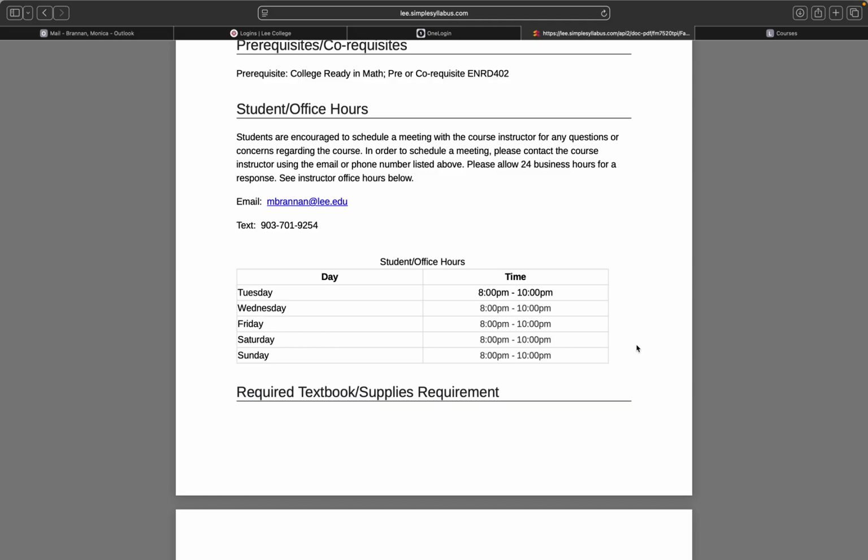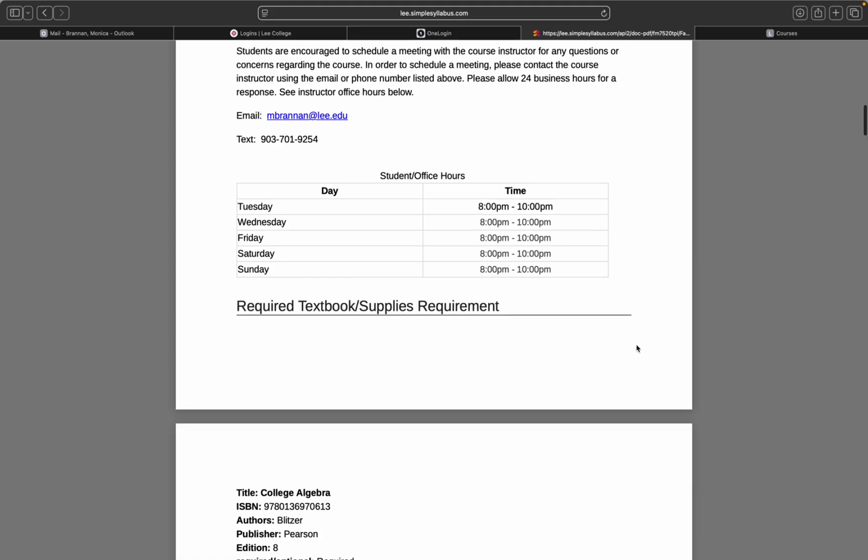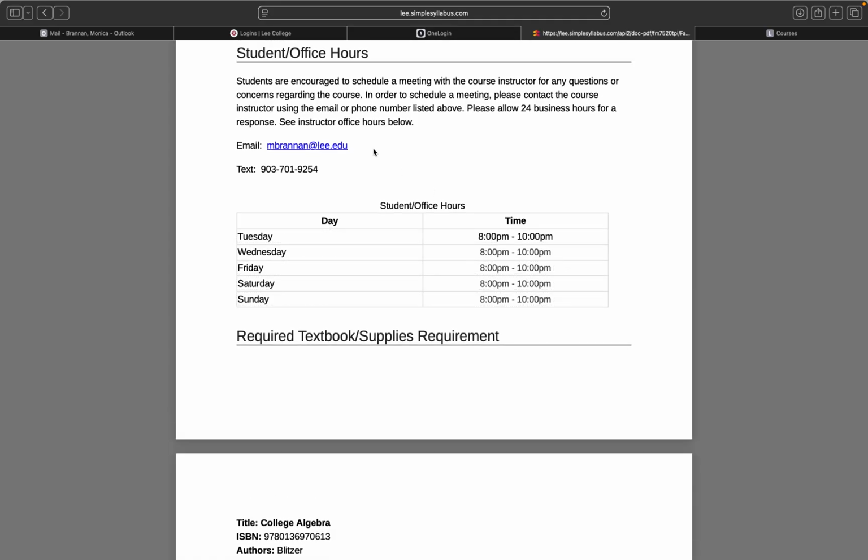I don't teach anything on Saturday and Sunday, so I can probably meet with you if that fits your schedule. But you should just email me if you want to set up some type of Zoom where we do office hours and go over problems. You can email me to request that, or you can text me at my cell number to request that.